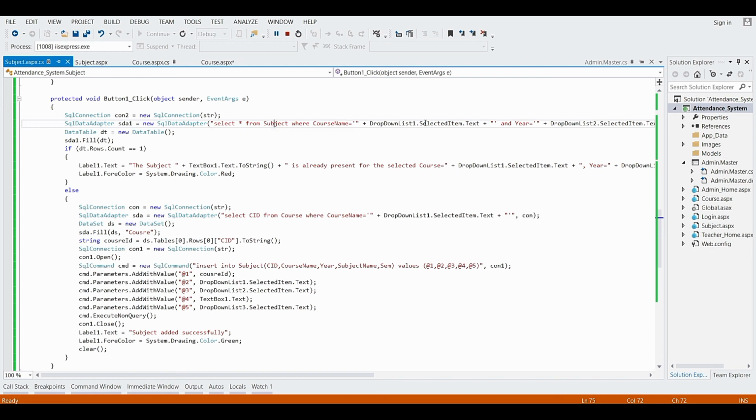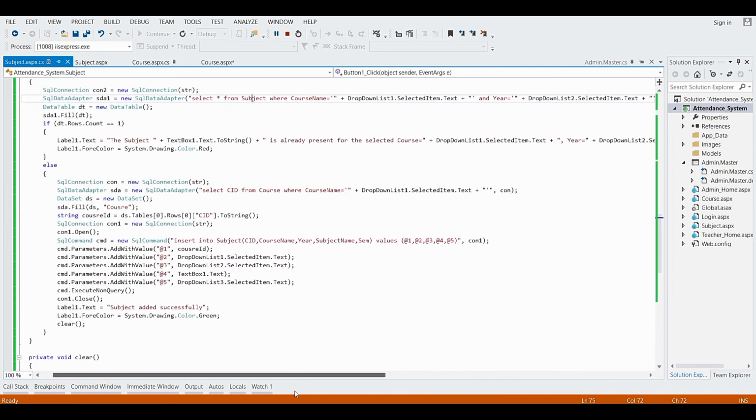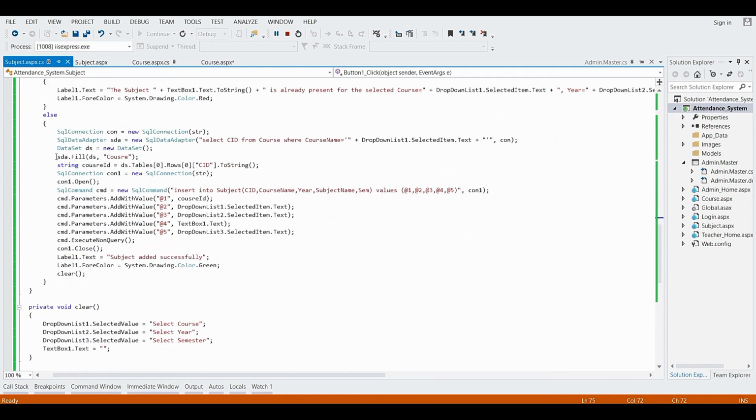If it is present, it will get the record and store it in the data table, and after that it will display the message that this subject is already present for the selected particular course, year and semester. Okay, and it will display the label message in red color if it is present in table subject, or else it will execute this part.